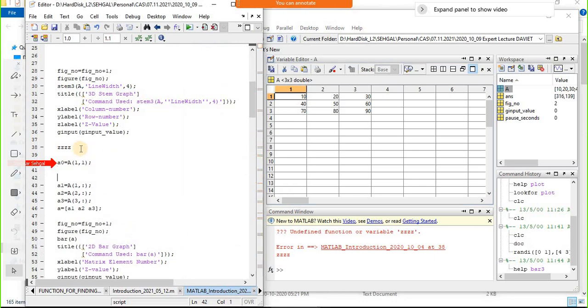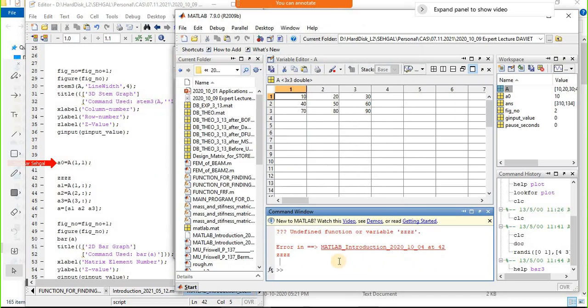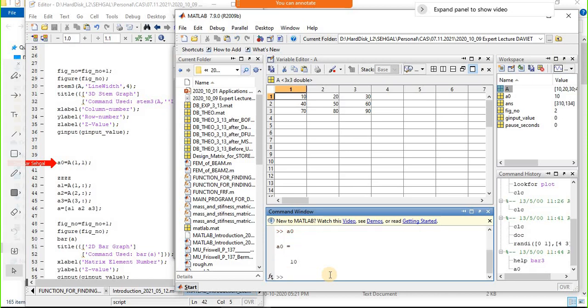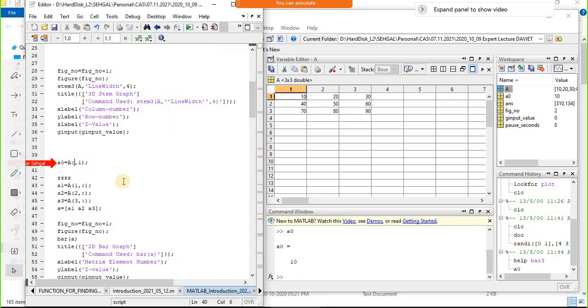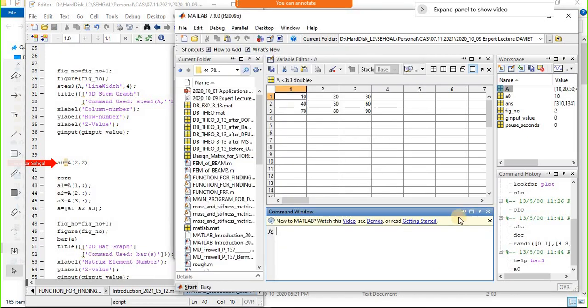So let us write Z over here and press F5. Now I want to see the value of A0, so I simply write A0, enter. So it is telling me that the value of A0 is 10. If I write here 2, 2, and remove this semicolon so that it automatically shows me the value in the command window, I press F5, and in the command window you can see